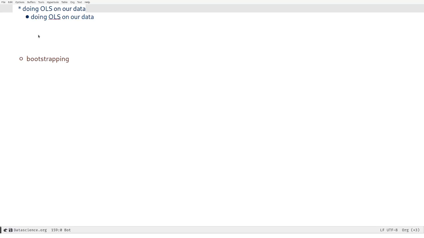So let's do a brief intermezzo on how to do OLS with our data. And basically we're going to do it with just one data set out of the 10,000 before we start looping over it and doing it 10,000 times as we do in the notebook. So to get the first idea of the data that we have generated,